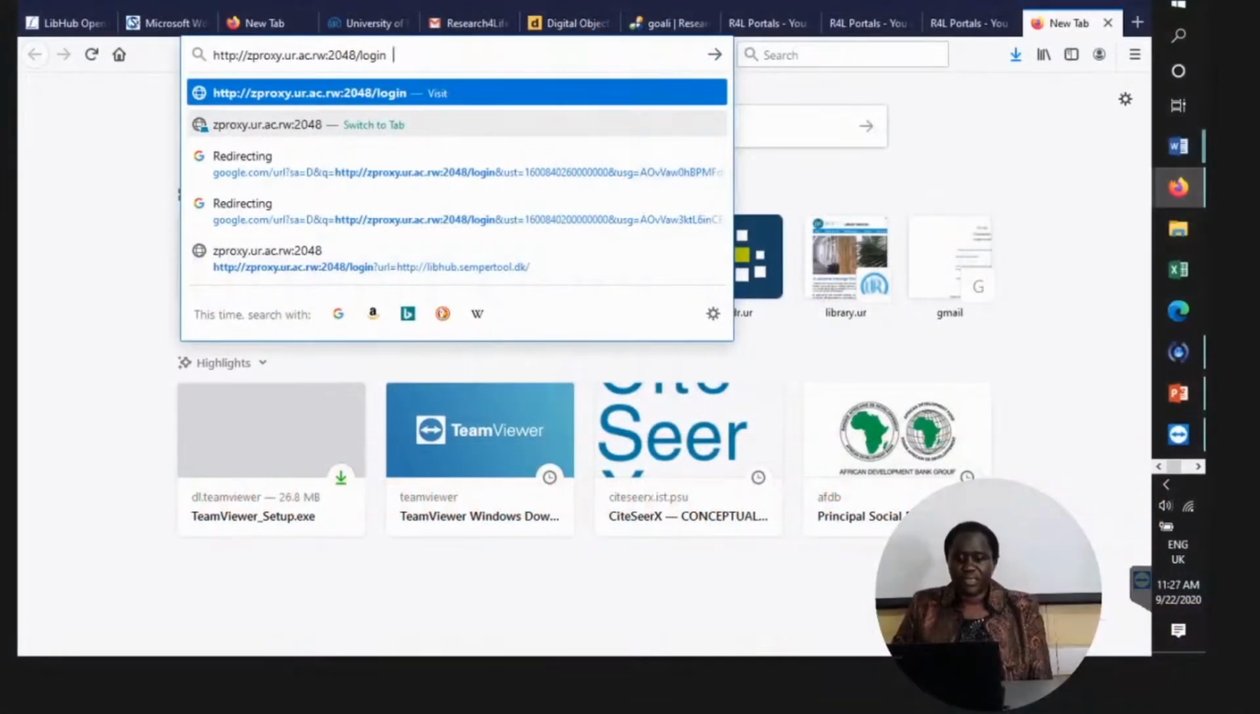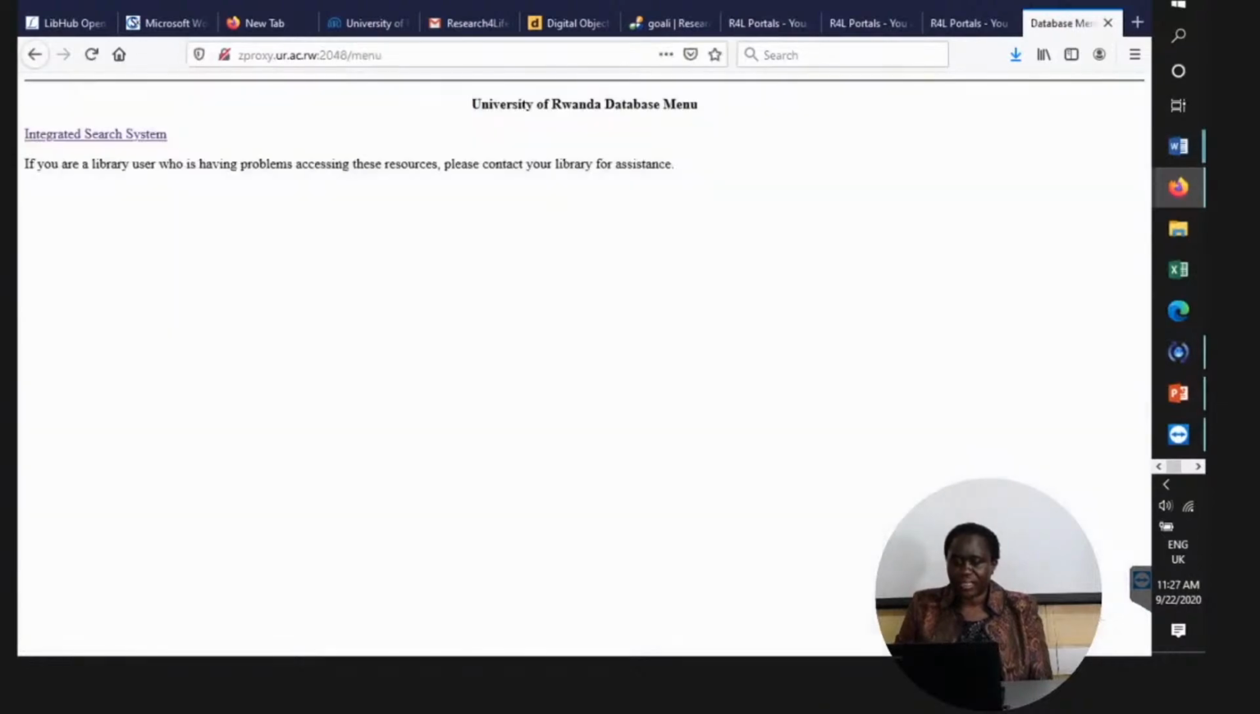Paste it, it will take you to a page which looks like this. The page would ask you